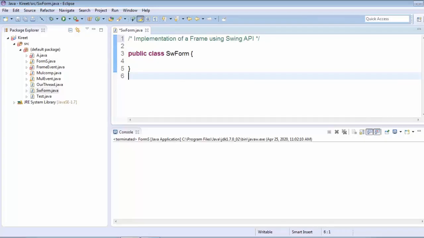So today in this lecture we'll be learning the concepts of the Swing API. Till now we have covered what AWT is and the different classes of AWT. AWT is the Abstract Window Toolkit, and it is useful in building Java graphical user interface based applications. Here we will be learning the Swing API, and Swing is very important because it